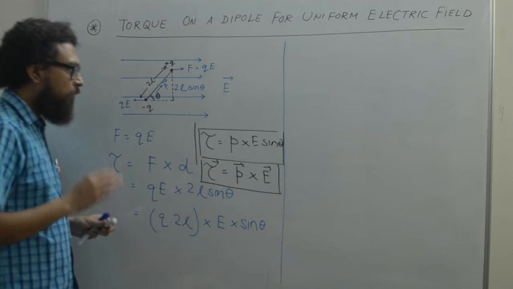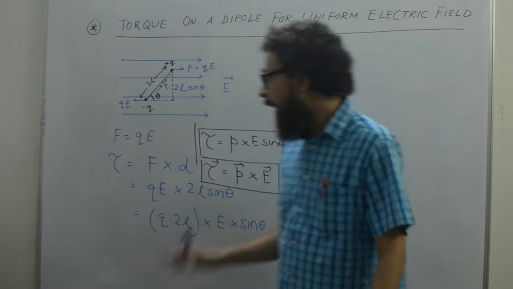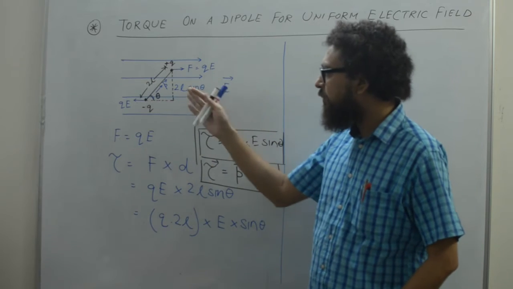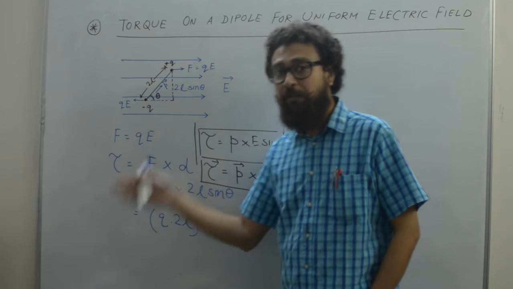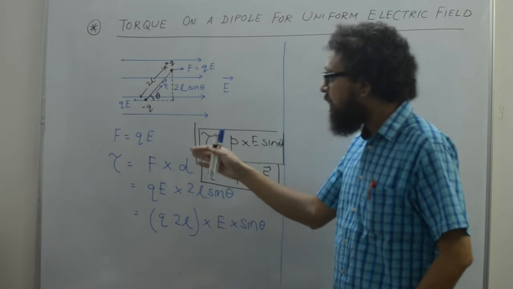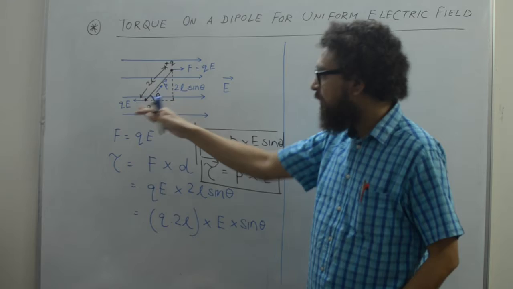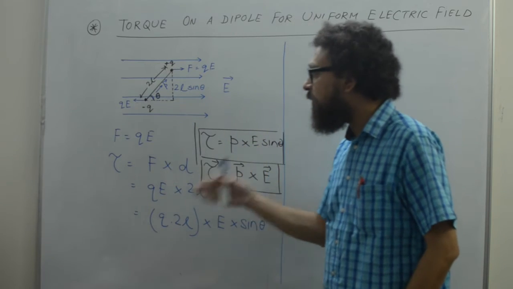So this derivation is very important for your board or class school exam. In this derivation you have to write a few things, like we are assuming that a dipole of these plus q, minus q charges are placed inside a uniform electric field. Length of the dipole is 2L, and then you say that the forces are making a couple, so they will have a turning effect. So it will form a torque.